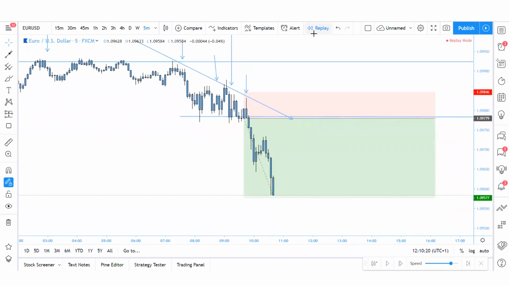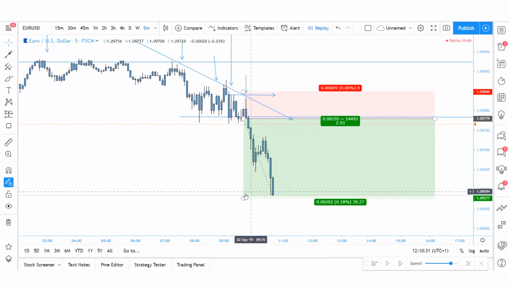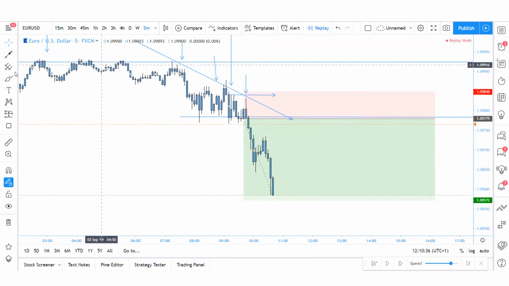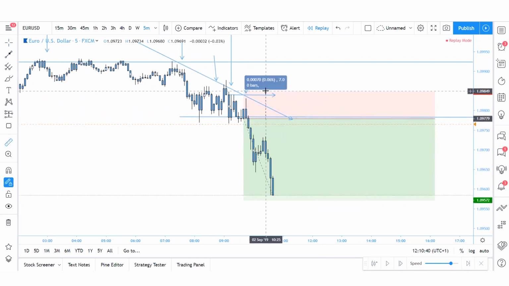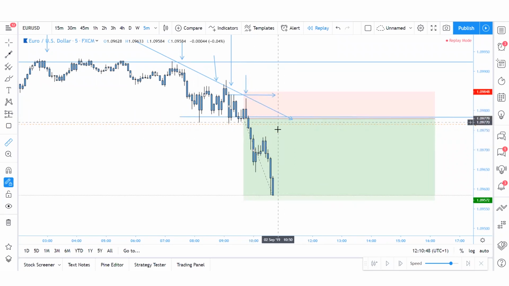Now, when I asked myself this question, honestly, would I have used this as a stop loss? Most probably would have. If I identify the wicks here in the areas price failing to break above, and I have my stop loss slightly above this, then I think this is also a very safe trade. Remember, what I'm trying to do is get to break even as soon as possible. So once price has moved and triggered me with momentum, 7 pips and 7 pips here, which was around this candle, I would already have been in break even. So I wouldn't have suffered any break even trades, and I would have been much closer to my stop